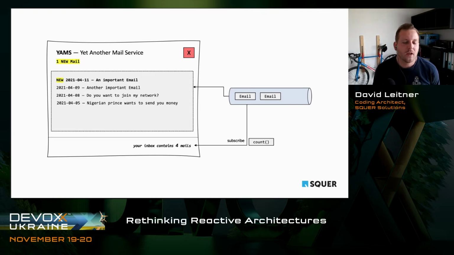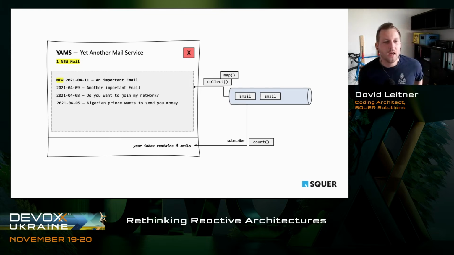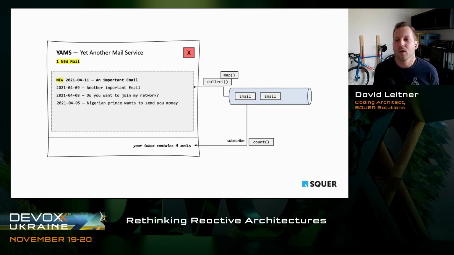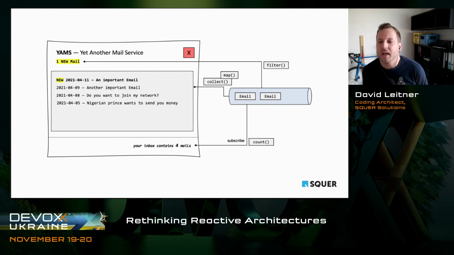And here on the inbox table, we would basically just make a collect and a map, right? It doesn't matter in detail, right? But in theory, we would just transform this existing stream in a way how we would need it. So we would map, for example, these emails to these wonderful titles. And here we would basically just do a filter whenever the email is new, right? We show it, and then basically we count it again.